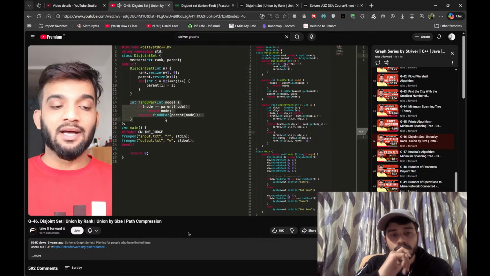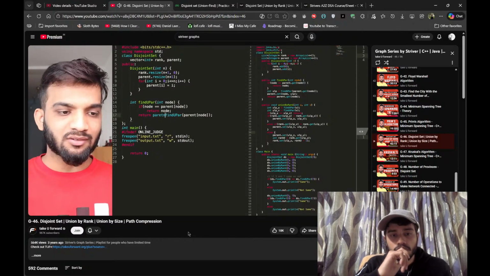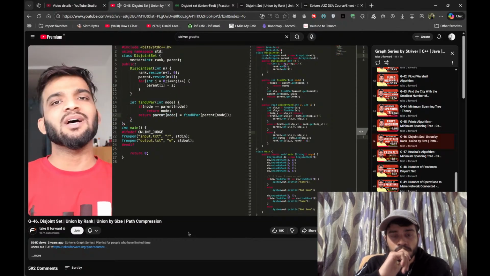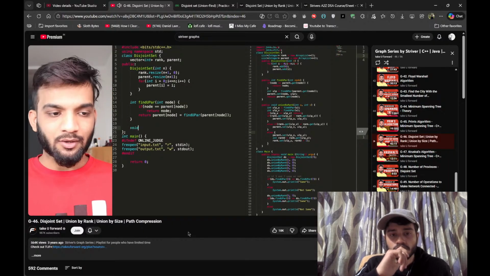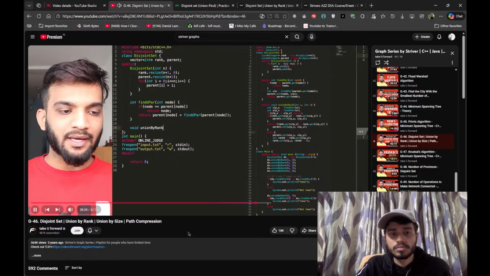But this is the normal logarithmic type. We need the path compression. So this is where I can say whenever it returns the value, I'll store it so that in future if someone comes up and does ask me the same question, I can tell him that this is the parent. So this is where the path compression comes in. Path compression done. Next, what I'll do is I'm like, okay, void union by rank is what I need to implement. Union by